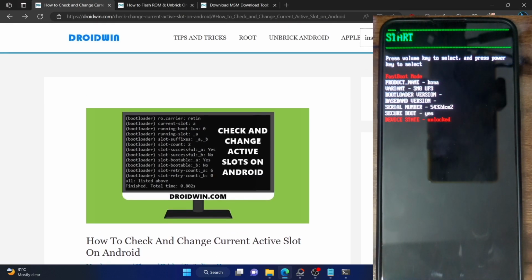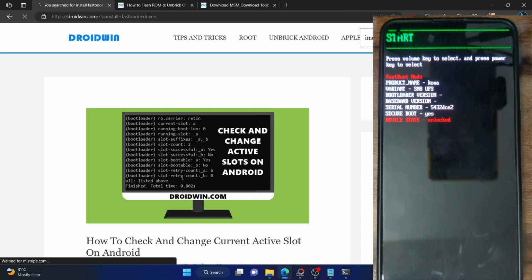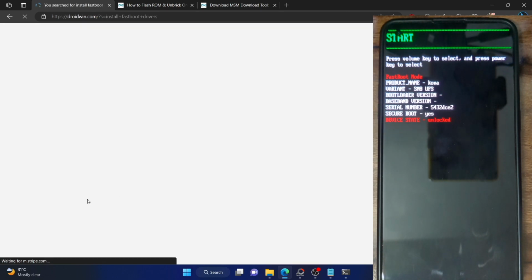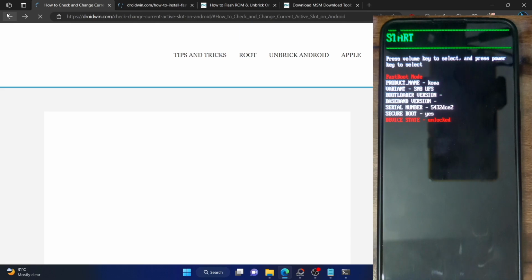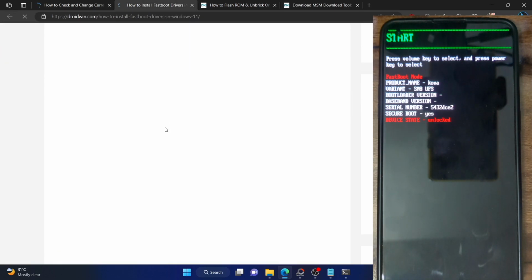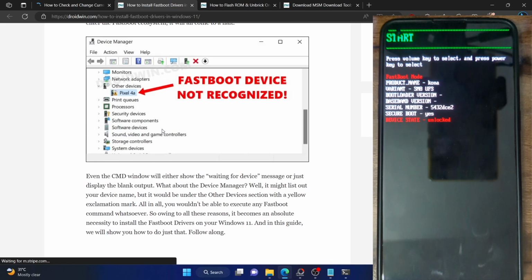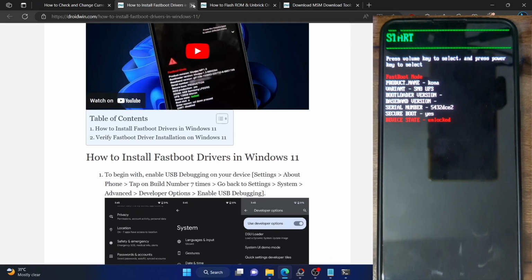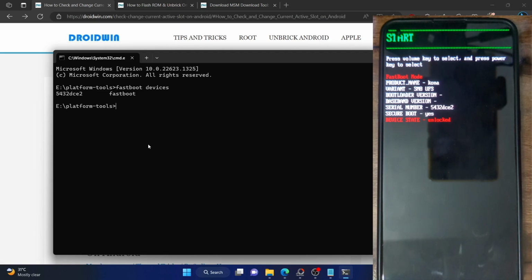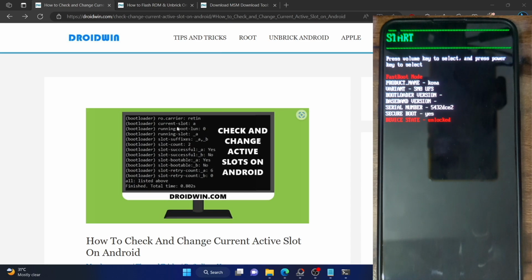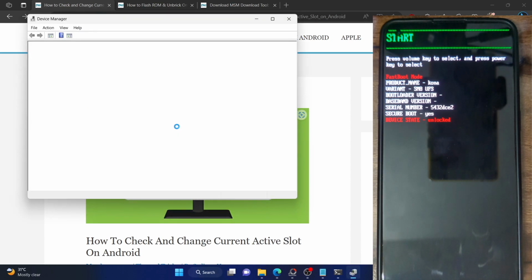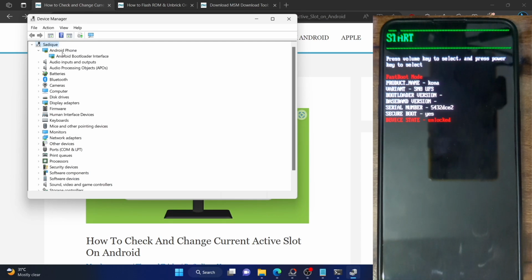I have made a separate guide and a video as well. So please make sure to install the fastboot drivers onto your PC. It's recommended you are using a Windows PC, a USB 2.0 port and the official cable that came with your phone. So check mark all these three requirements and then you could refer to my video or the guide and make sure to install the fastboot drivers. Once you have installed the drivers, you should be getting a serial ID. Likewise, use the Windows X shortcut keys and choose Device Manager. Now you have to expand the Android phone section and make sure that your phone has been shown as Android Bootloader Interface.